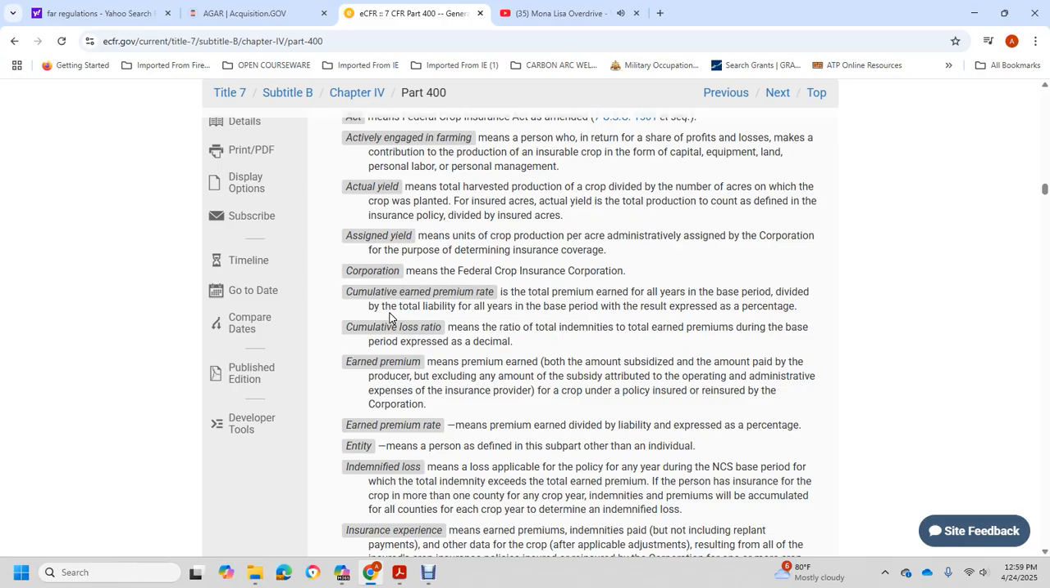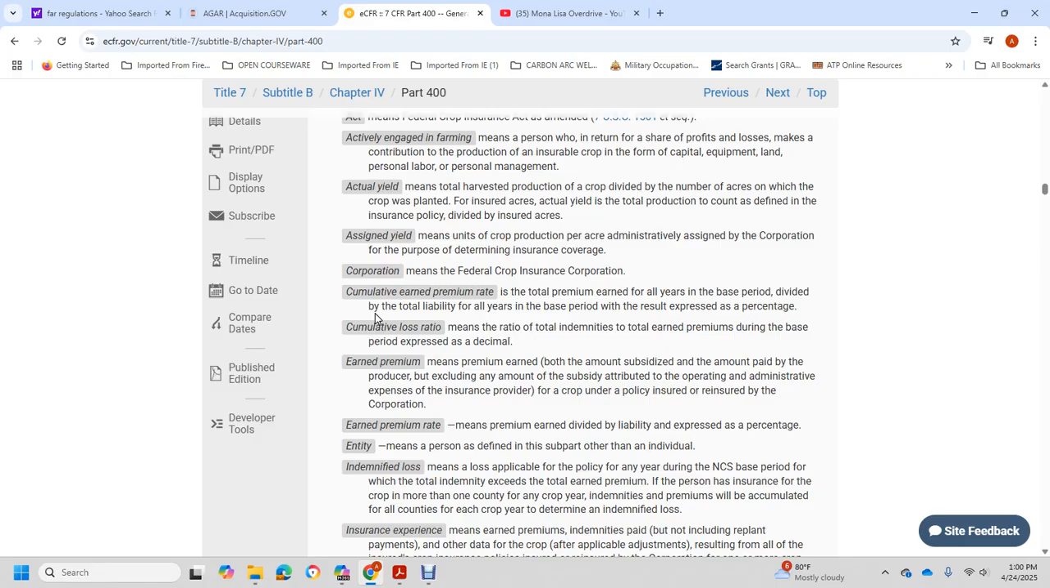base period, expressed as a decimal. Earned premium means the premium of both the unsubsidized amount and the subsidized amount paid, reduced to exclude the amount of subsidy attributed to the operating and administrative expense, for the insurance provided for the crop under the policy insured or reinsured by the Corporation. Earned premium rate means the premium earned divided by the liability,